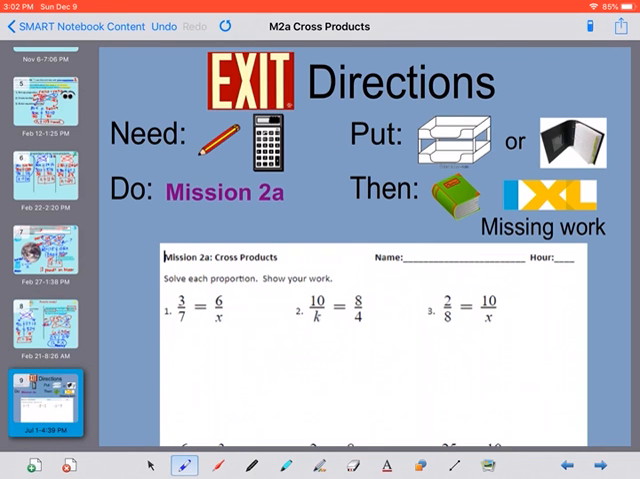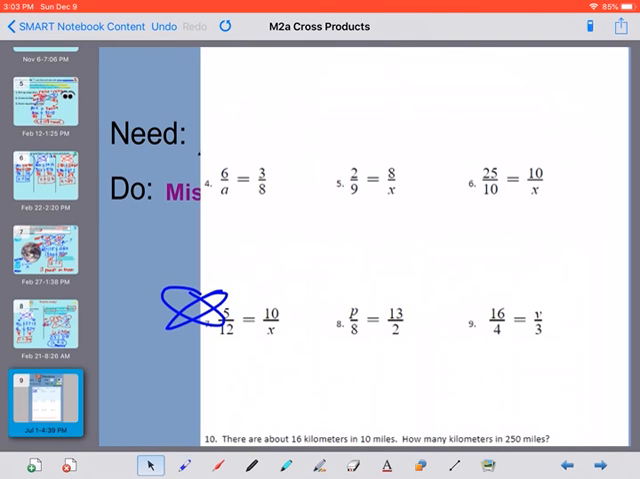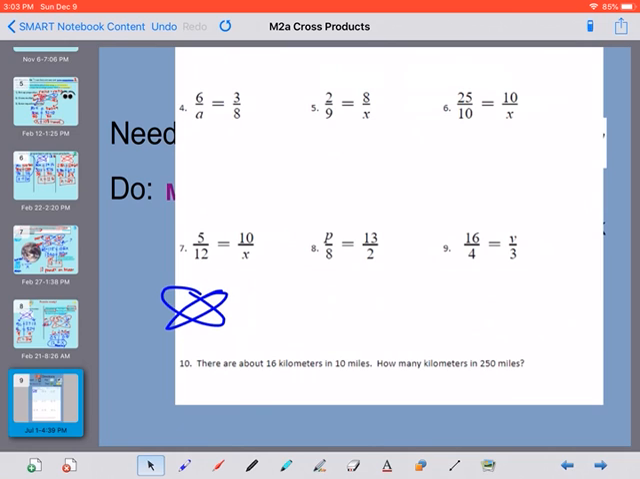If you have any questions, please let me know. Otherwise, you're solving using your cross multiplication, cross products. All right? I believe they're all pretty straightforward. You might have to write your proportion first before